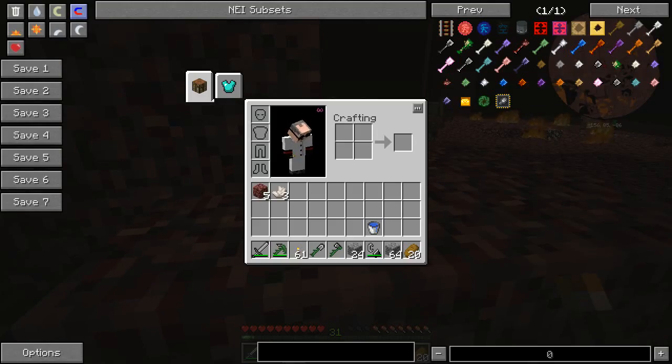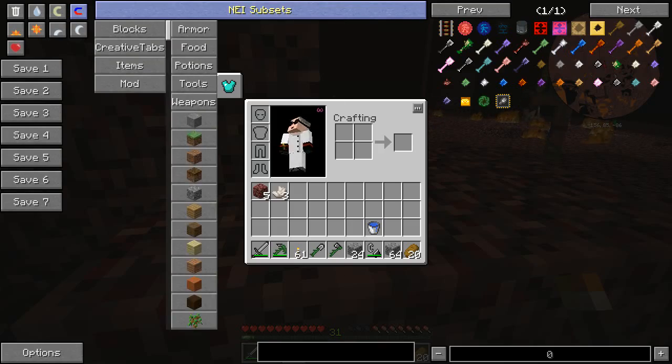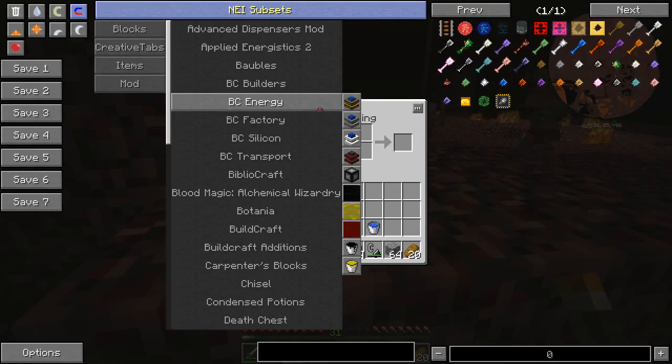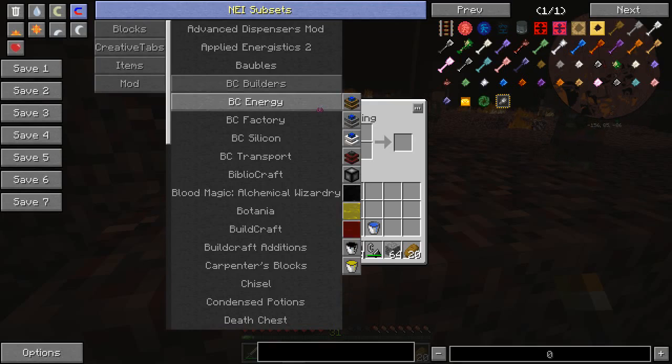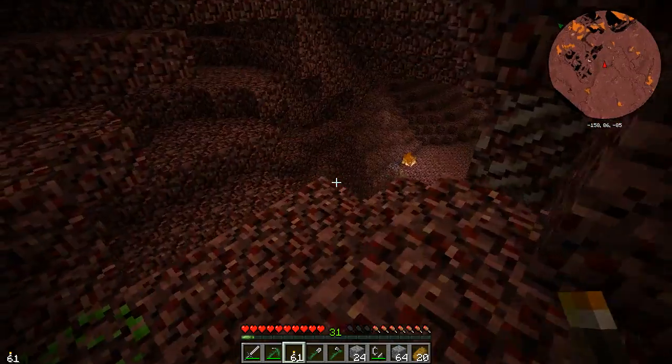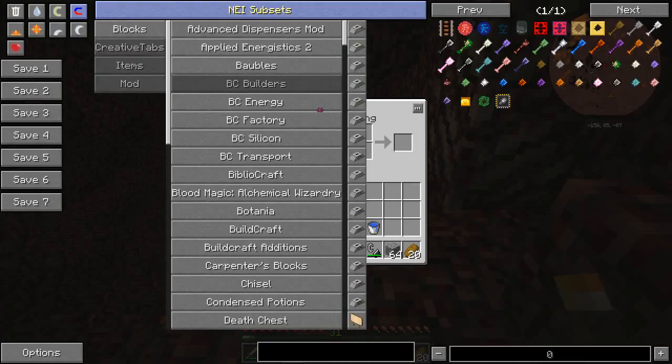Yeah, I've quit out and come back in and it still hasn't fixed it. Turn NEI off, turn it back on. That's a pain. Come on. There we go, turn everything back on. Yeah, I don't know why that's not working. Now I know I need...